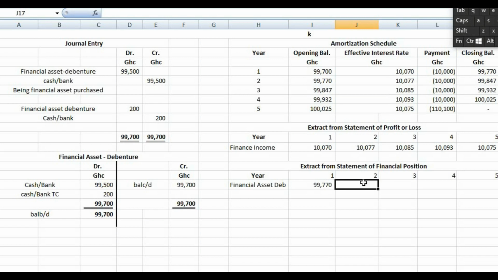At the end of year 2, we're having 99,847. At the end of the third year, we're having 99,932. At the end of the fourth year, we're having 100,029. So at the end of the fifth year, we are not going to report anything because by the end